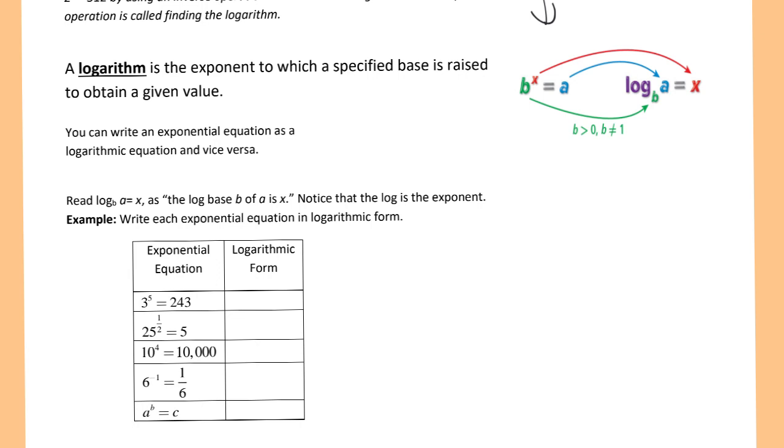Because if you remember, it is really hard to multiply decimals, isn't it? Or it's even harder to divide decimals. And so what they would do is convert the two numbers, I believe, into exponential form. Because when you have an exponent, what do you do when you're multiplying with an exponent? Well, you add those exponents. And so if you would add those in exponential form and then convert them back to what they really are,